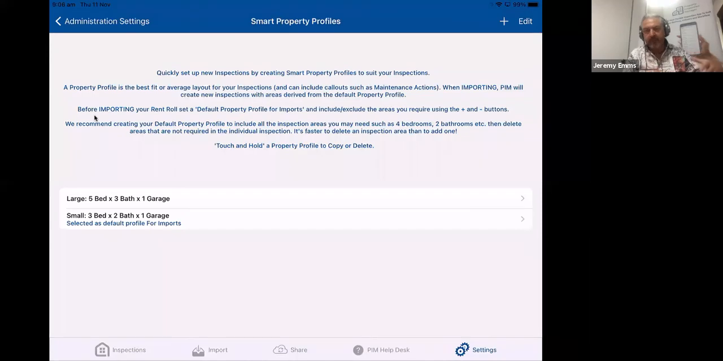All of these can be customized and added to so that you create a profile for groups of properties that you manage. And what I mean by that is, if you predominantly are managing apartments, you may want to create a property profile for an apartment, a 2-bedroom apartment or a 3-bedroom apartment. What that does, it allows you to create the inspection with the relevant areas for that type of asset more